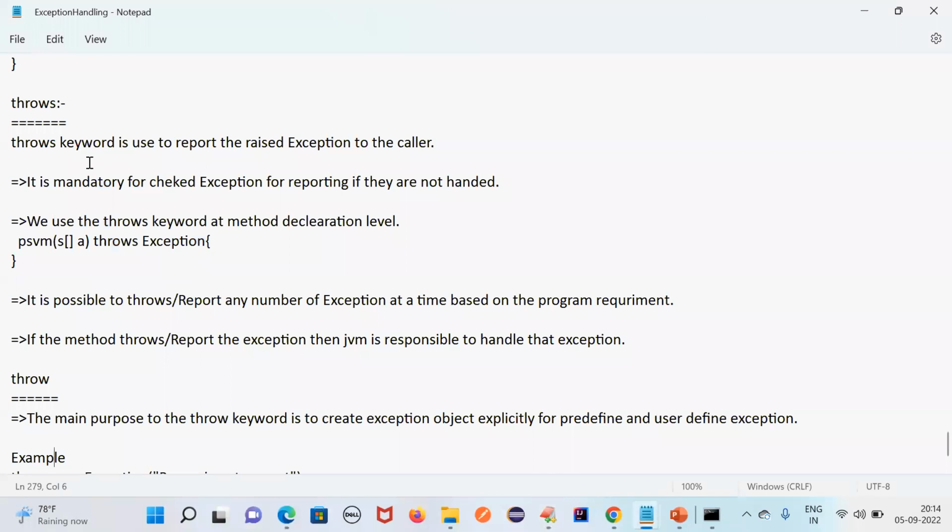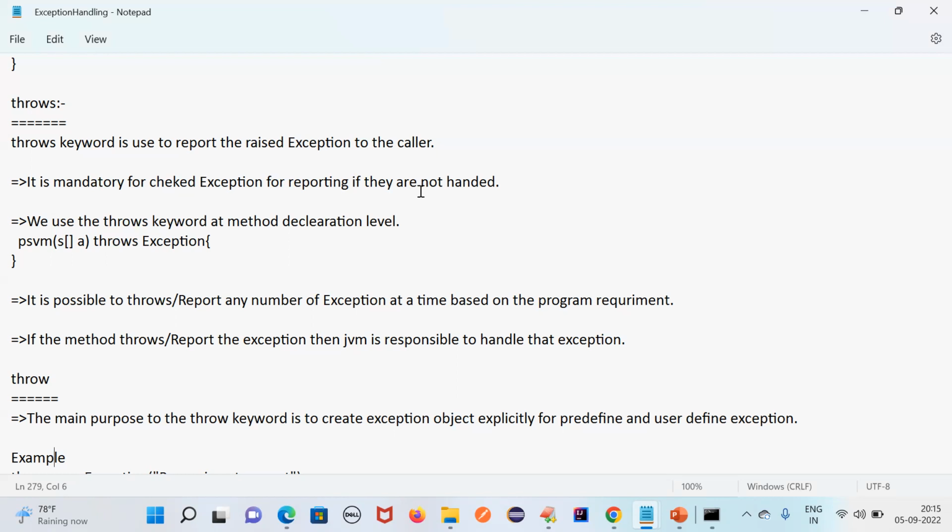So here this throws keyword, you have already seen this in Selenium many times, suggested by the JVM: please throws this exception. So this is the use of the throws keyword. The throws keyword is used to report the exception to the caller. It is mandatory for checked exceptions for reporting if they are not handled.